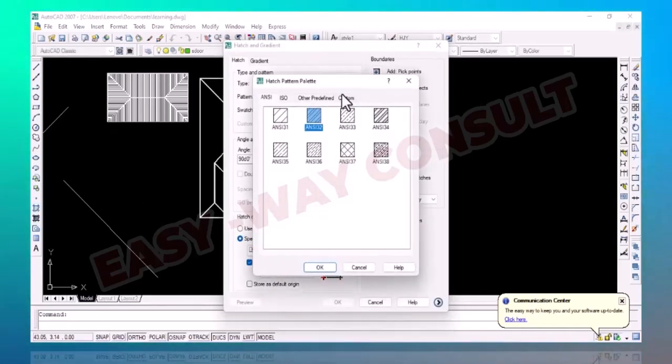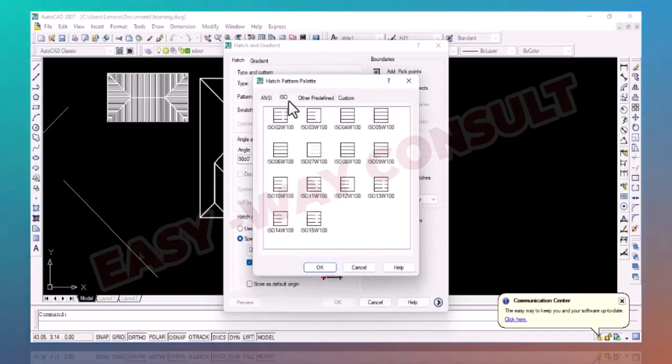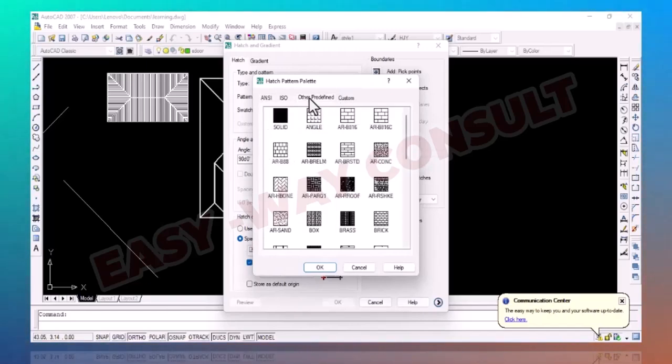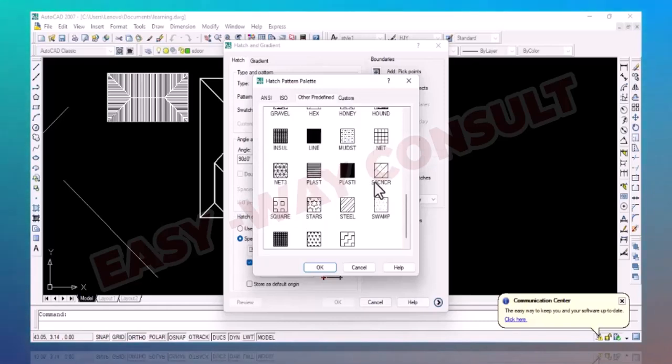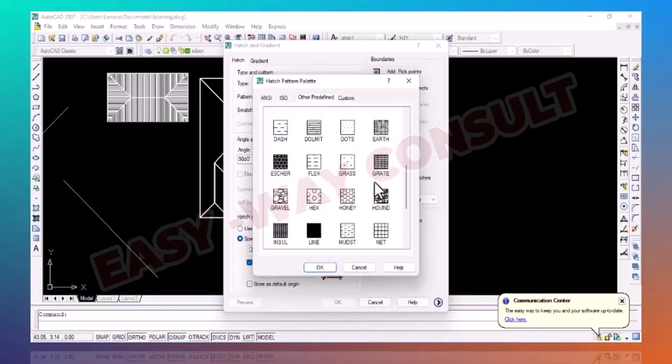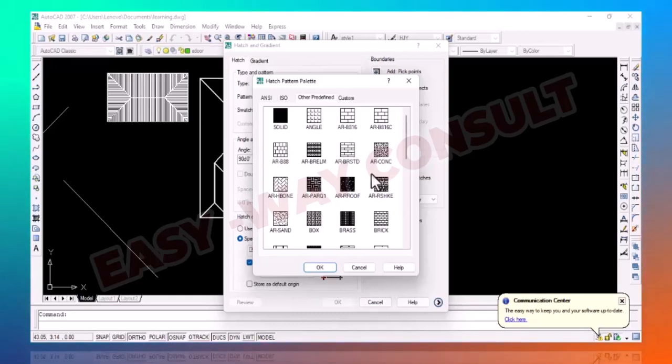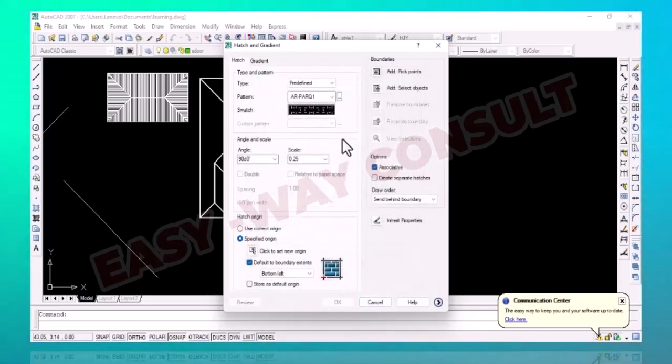We want to use another type. There are other types we can use also to get our roof. So let's go on with this and say okay. You can use this hatch to get whatever you want. Okay, 90, let's say